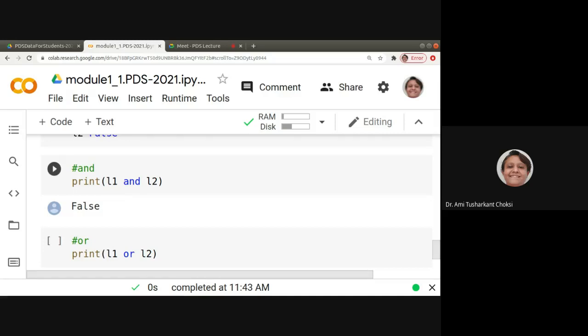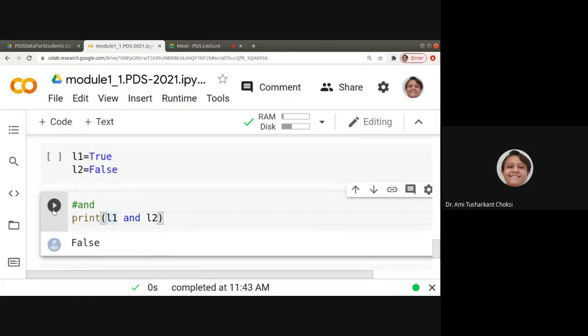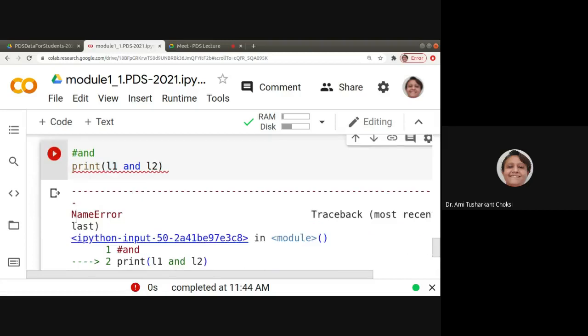That bitwise operator is this one. This is not a bitwise operation. This is, we can say, that the condition is ANDed. So first condition, whatever the answer is, and the second condition, right? So if both conditions are true, then only we'll be getting true. But here one is true, second is false, so we'll be getting false.